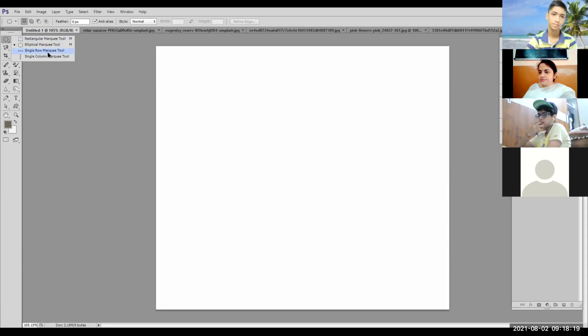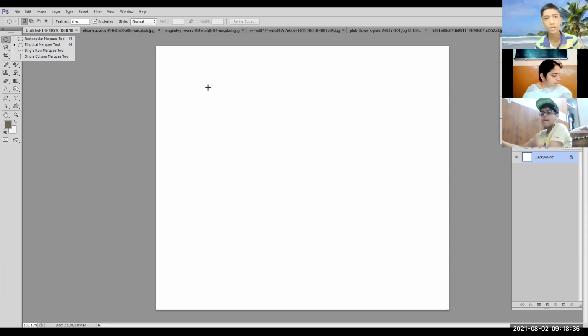Ma'am, in the book, the parts of the marquee tool are rectangular, square, elliptical, and circular. The options given are rectangular marquee, elliptical, single row, and single column. These are given in the book also.